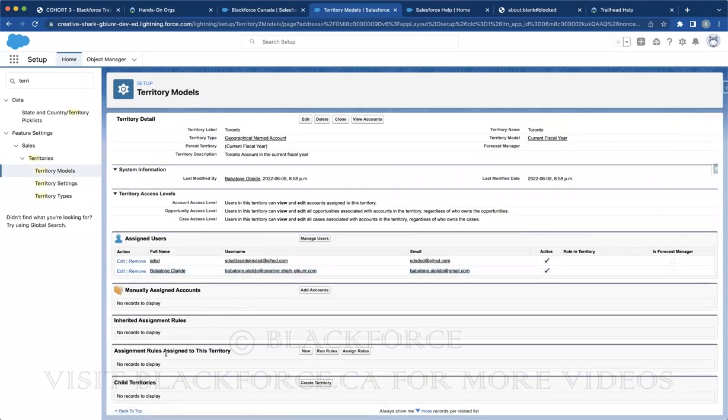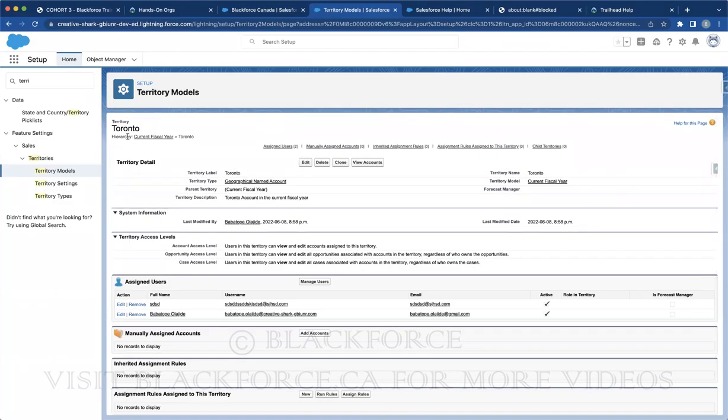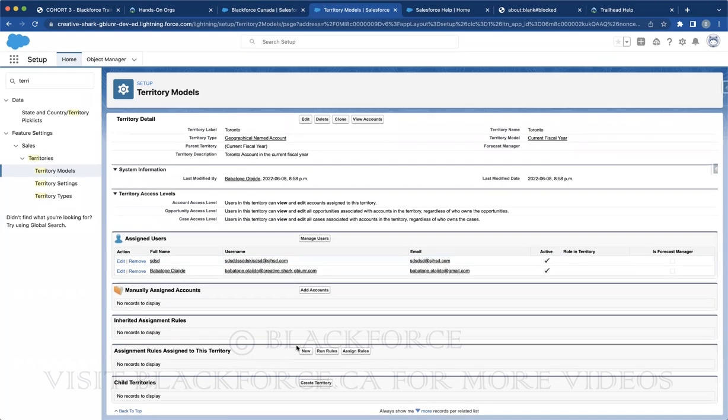Go to assignment rules. So what are assignment rules? You already know what assignment rules are. I don't need to explain that to you. But for the sake of this territory management, assignment rules are the criteria you're looking out for that would make this territory a Toronto account. What are the criteria you're looking for that will make this a Toronto account? So you go to assignment rules